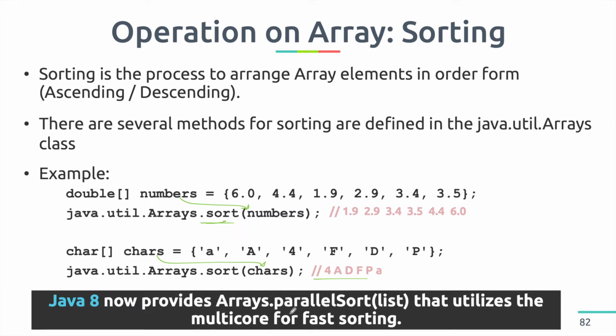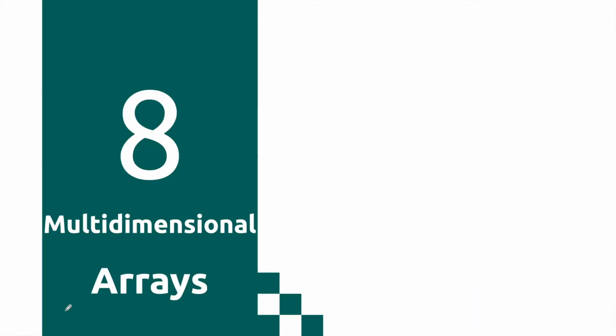So this method is just for speed. It will not give us a different result. It will just speed up the execution of the sorting. And it's provided in Java 8, not earlier than that. So now we've covered